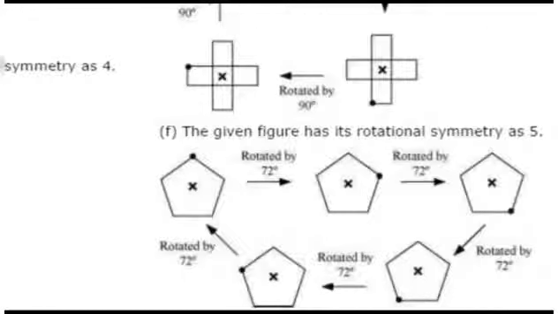That is number F. The given figure has rotational symmetry of order 5. Now why is this 5? Because this is a regular pentagon which has 5 equal sides, and when it is rotated like this, 5 times it will match its drawn impression. And when the order of rotation is 5, finding the angle of rotation is not very difficult. You divide 360 by 5 and definitely you will get the angle of rotation as 72. I hope students it is very clear to you now.